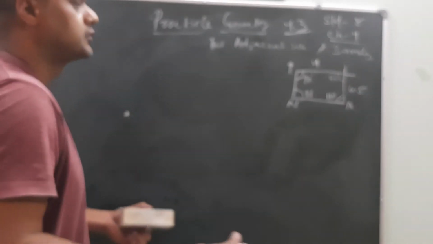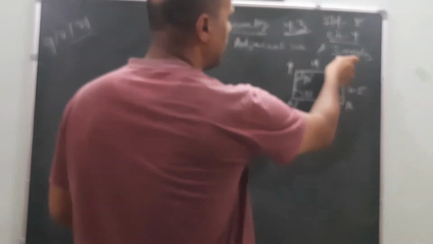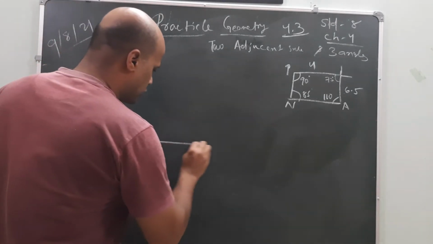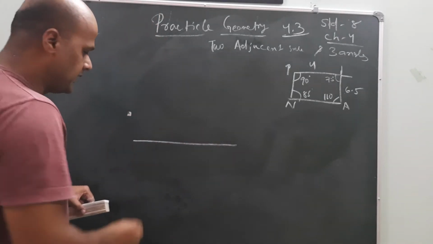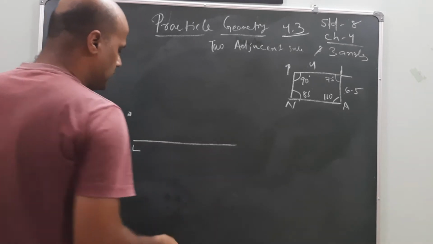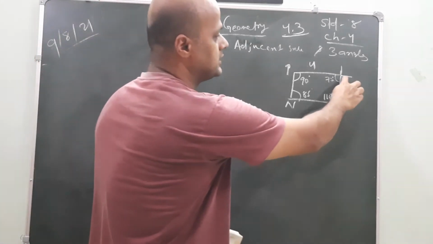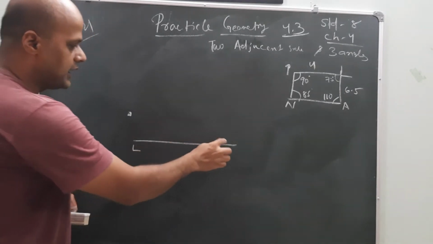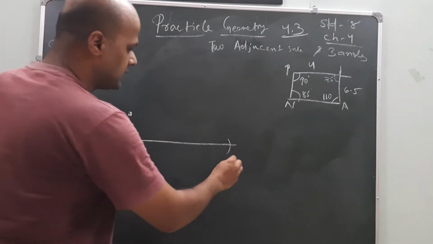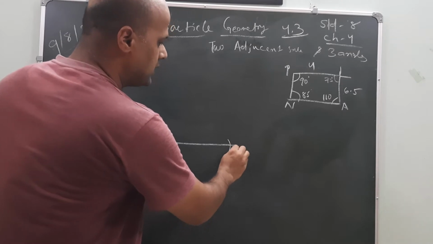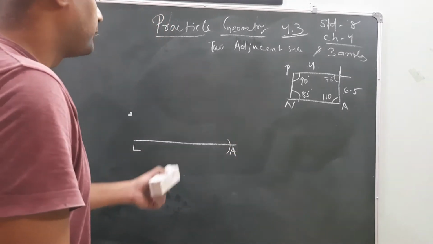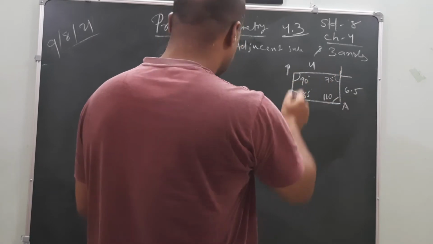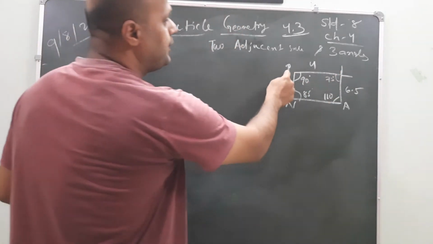Okay, now let's draw the figure. Draw any side, LA or PL. Let's draw LA. Now draw a straight line with the help of scale. LA is 6.5. Refer the dimension on the scale. Put the needle here and mark the point on the straight line and name it as A. Understood, my dear friends? Now come to the point. Which side is given? Just notice the first one. LP is there. From L, P is there.